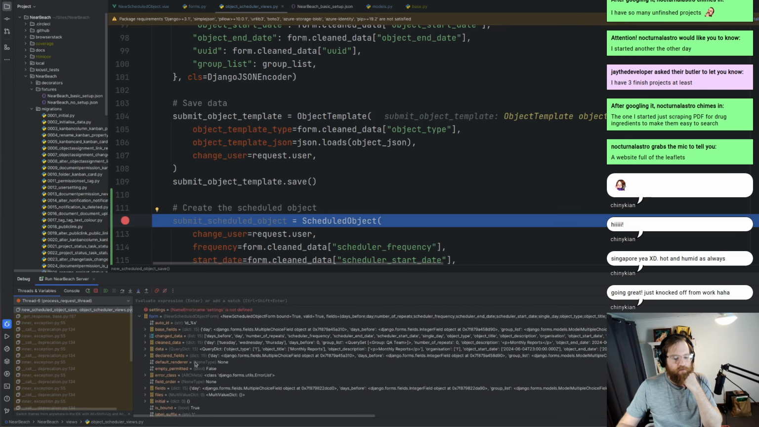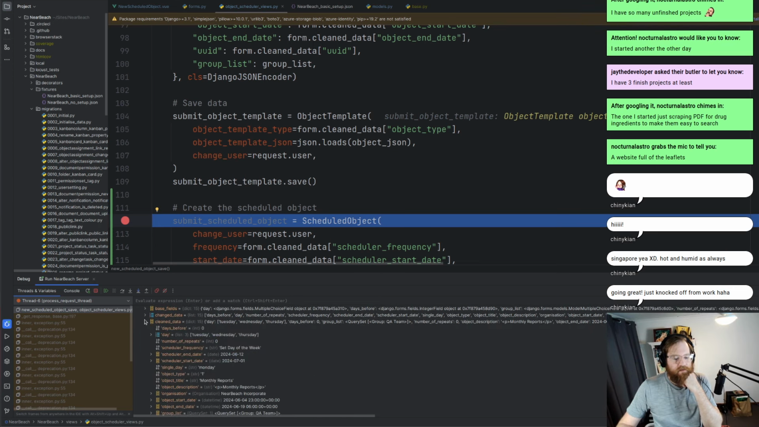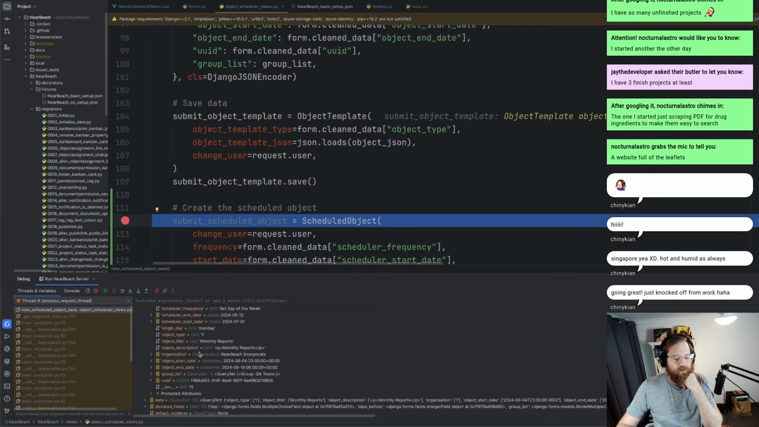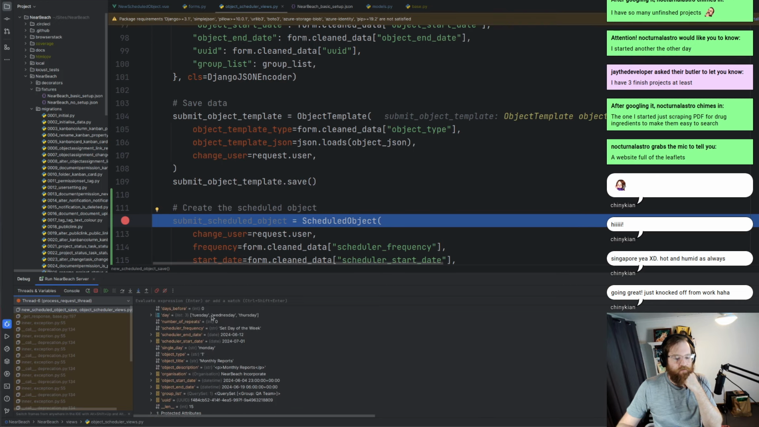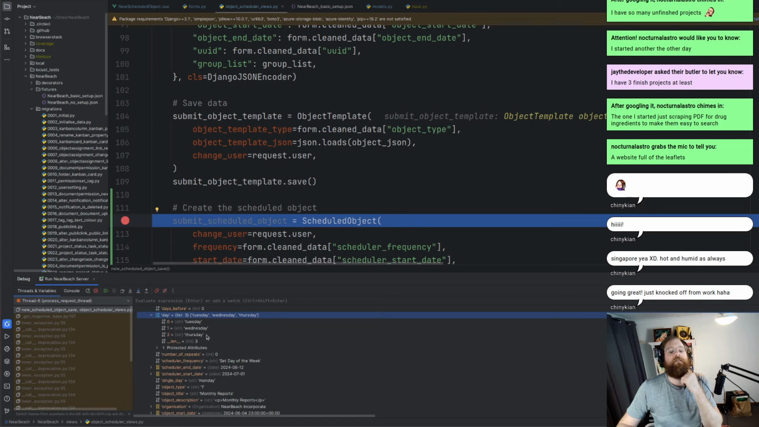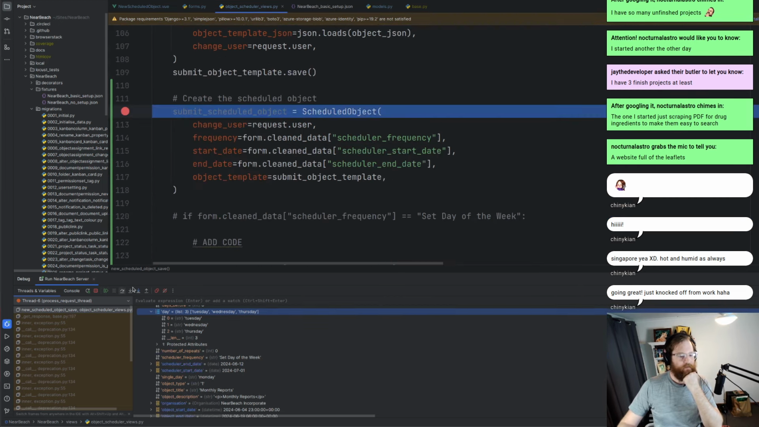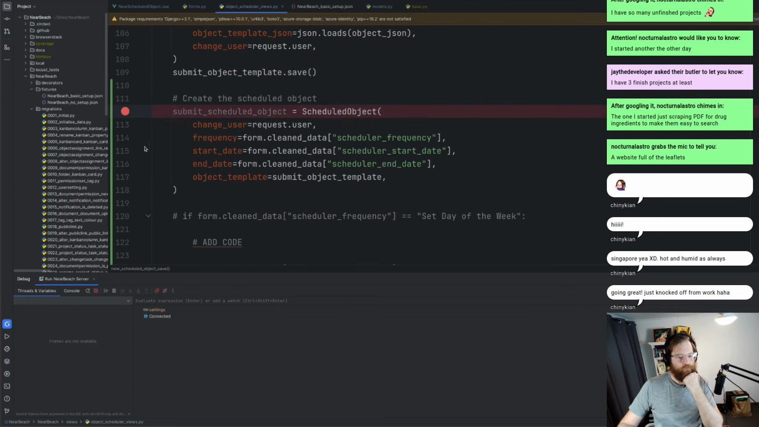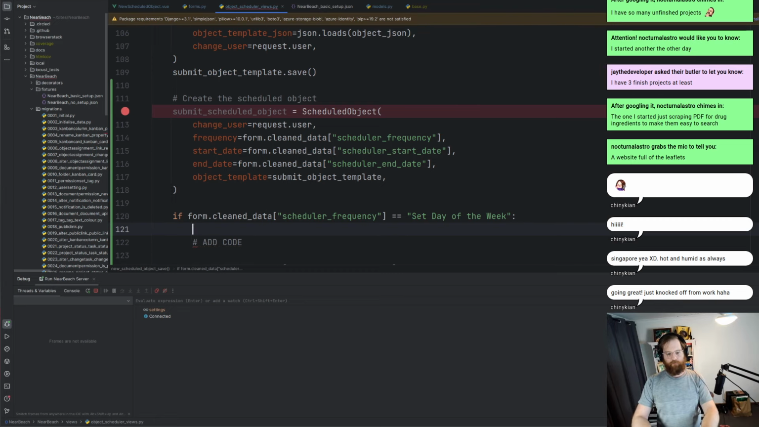What we want to do, open up the form. We want to go cleaned data. We want to go and see day. We've got day down here, which is in an array already. So I'm just going to hit play. And then I'm going to do this. And I'm going to go submit. Let's go JSON object